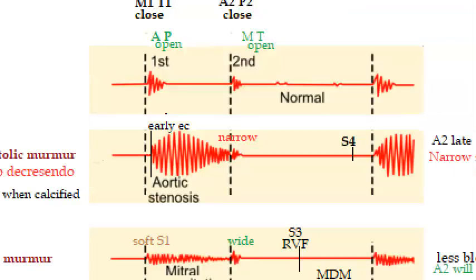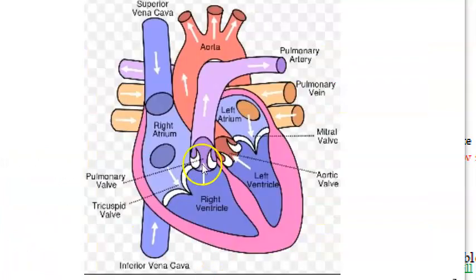So where will you see it? First of all, tell me where the aortic valve is opening. Here. So it is opening after S1, at the ejection click. So you will see the ejection click, and here you are seeing the murmur. The murmur is a systolic murmur and it is after the ejection click, so it is called an ejection systolic murmur. In aortic stenosis, you will get an ejection systolic murmur. That's it. Now let us talk about the other stenosis. We are focusing only on the mitral valve and the aortic valve here. We are not focusing on anything else in this video.